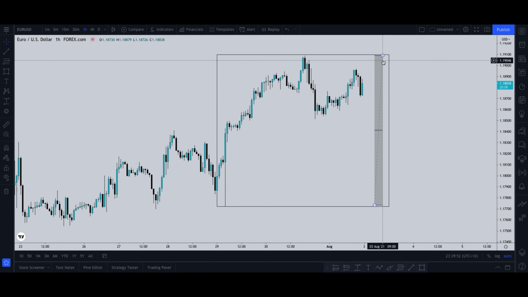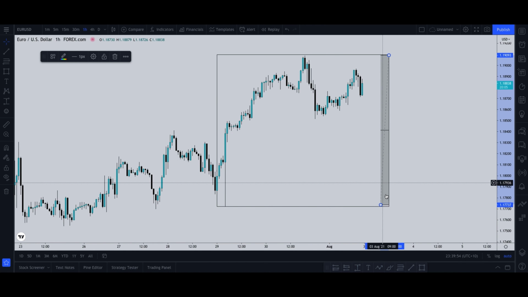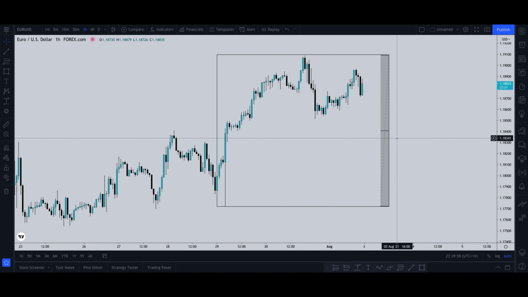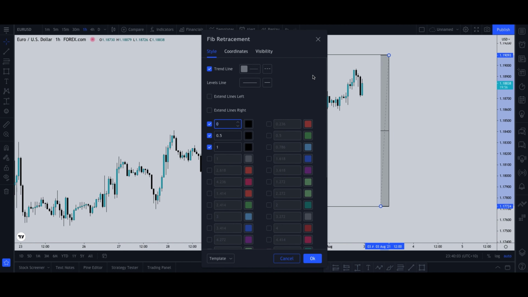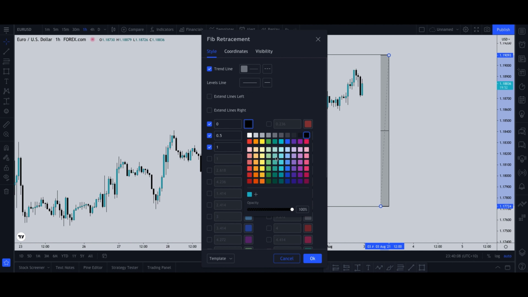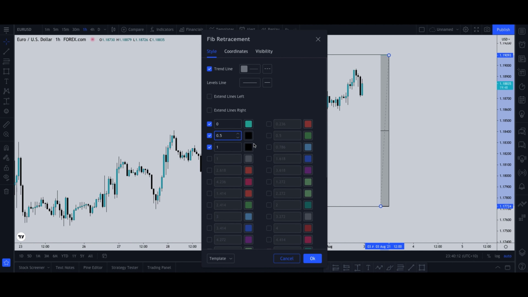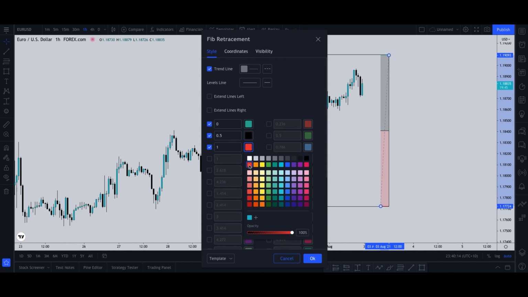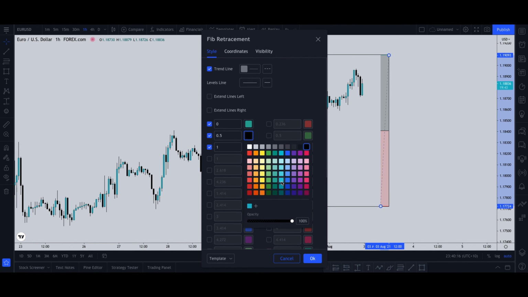And we now are going to personalize our fib tool to be something separate where it's our discount and premium. So let's go into here, and on this one we're going to make it, say, green. On here we're going to make it red. Here, green. So already, guys, what you can see, it's not the best green, but it's green enough,